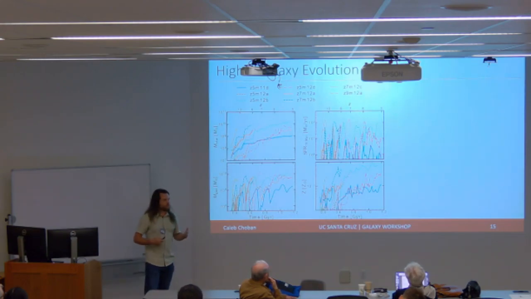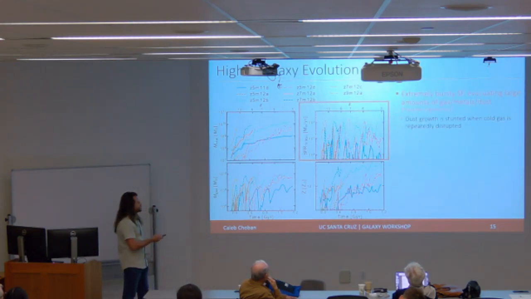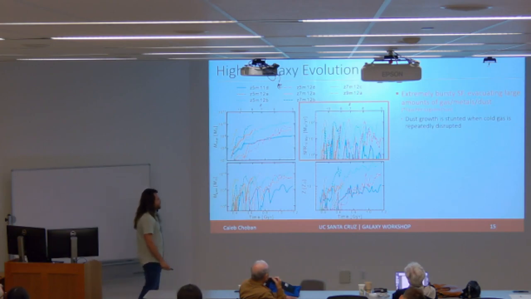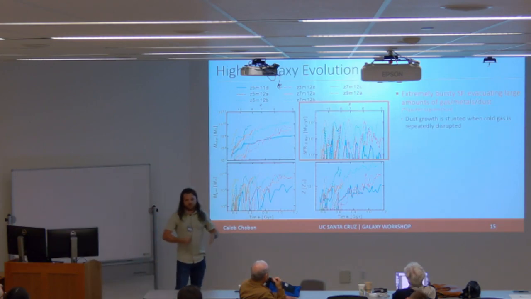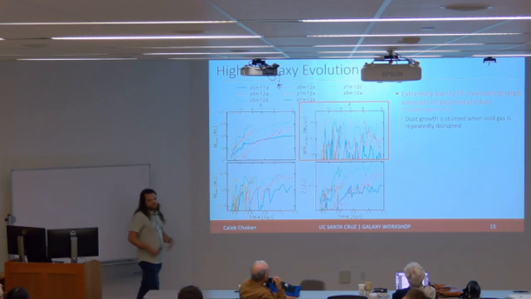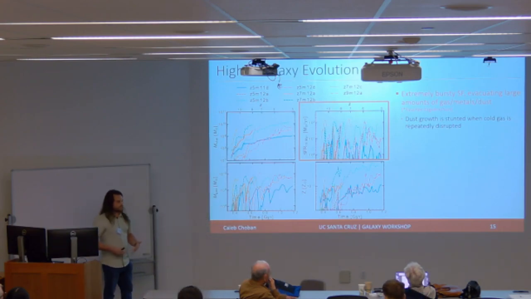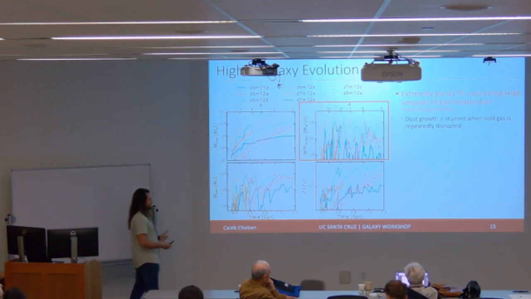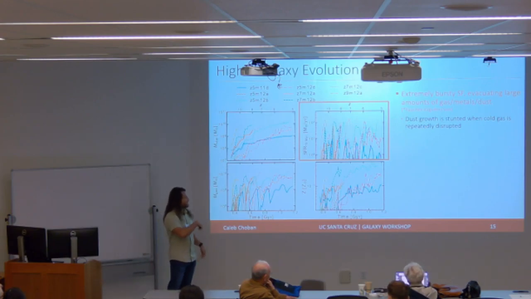We've already heard this story already. Mainly these galaxies are extremely bursty. This is important because dust grows in cold gas. And so if you're constantly evacuating the cold gas, you're going to stunt your dust growth even if accretion is an efficient process. It reached that critical metallicity already. So this will make accretion growth